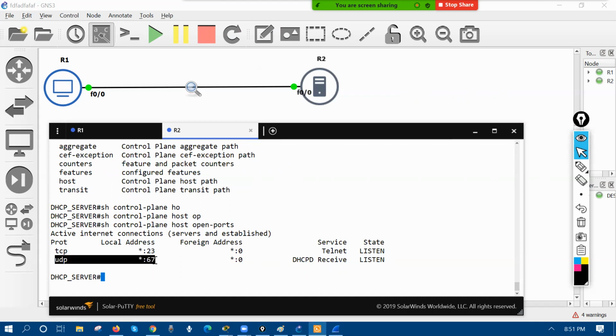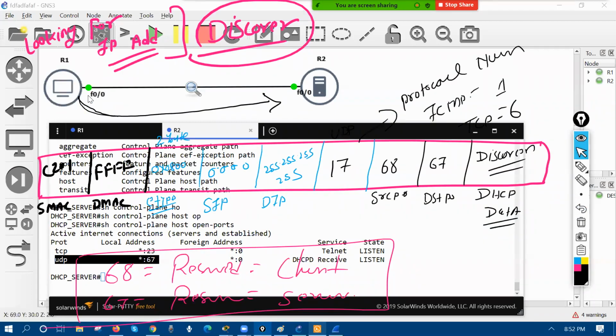UDP server. If this port is open on the server side, then what happened? It will give the reply. Listen to me very carefully. UDP port number 67 is open by default, right? If this port number is open on the server side, then the message generated by the client